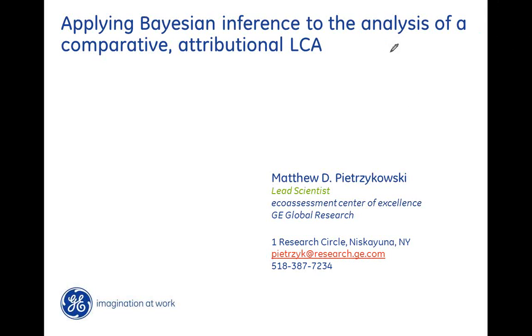All right. So anyway, as I was saying, what I'll be doing is comparing and contrasting different approaches. I'll be highlighting Bayesian mostly, but I'll be comparing it with null hypothesis statistical tests as well. You might know that better as t-tests, as well as some traditional approaches to data analysis that I've seen being used in the LCA community.